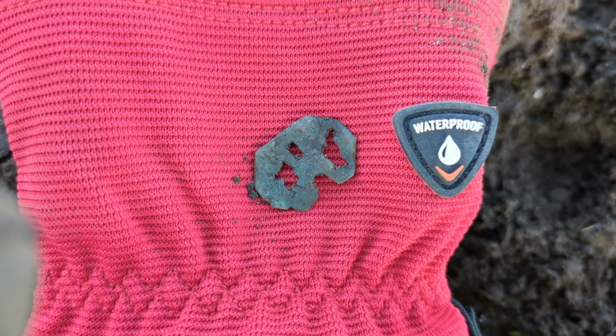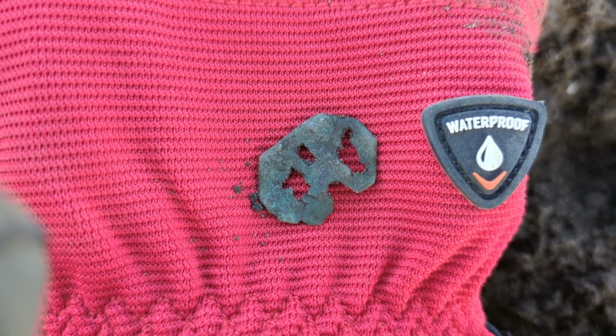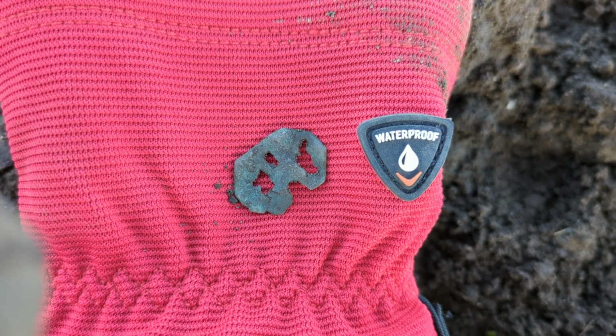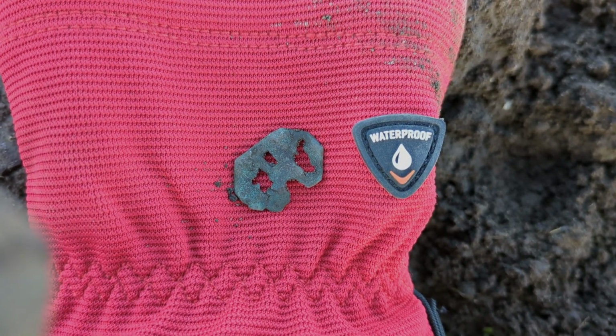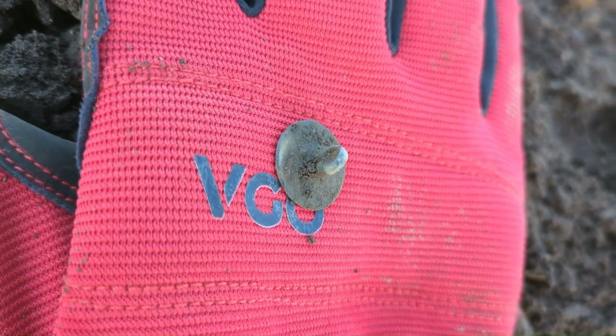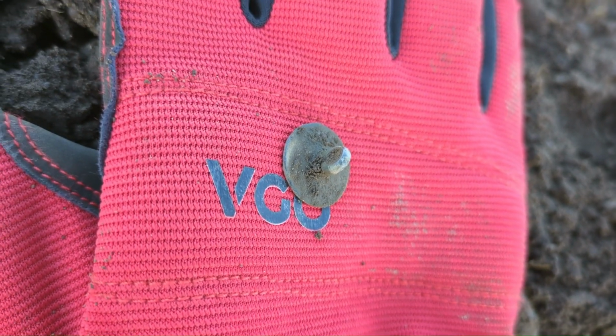This is my next target. I thought it were a clog clasp to start off with, but it obviously isn't. And I've left my bloody microphone. But hey, I'll do some voiceovers if you can hear the wind. It's just a pewter button, but it's got a full shank on it, so...